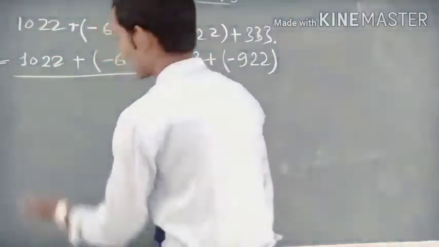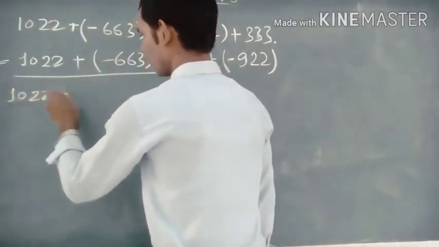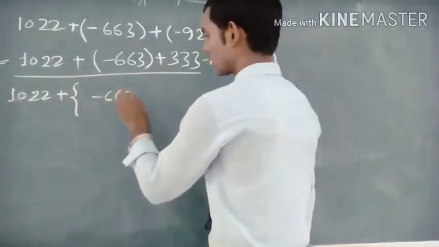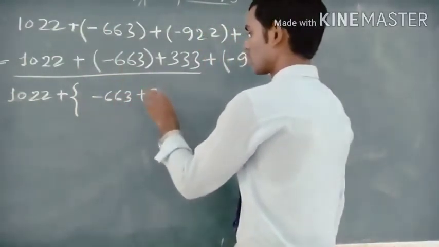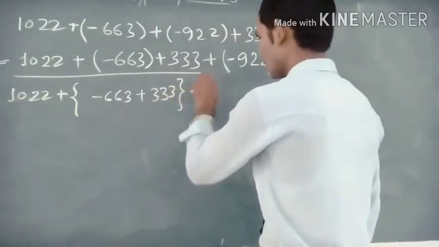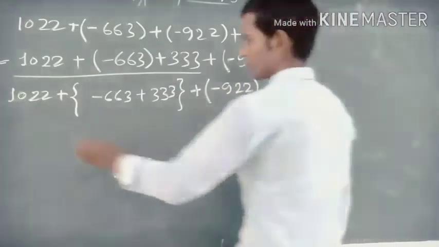So here we get 1022 plus minus 663 plus 333 and plus minus 922, and this will equal to